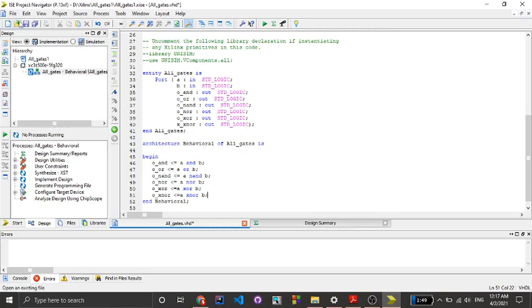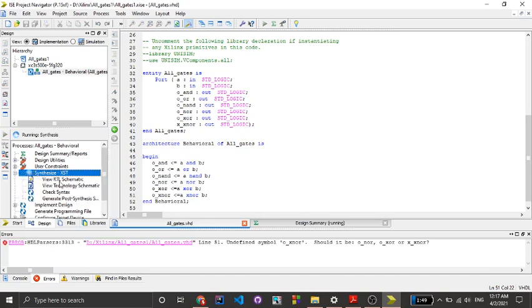Now just click on the save button. After that double click on the synthesize XST. Wait for a second. So I'm getting error at this line. Why am I getting this error?